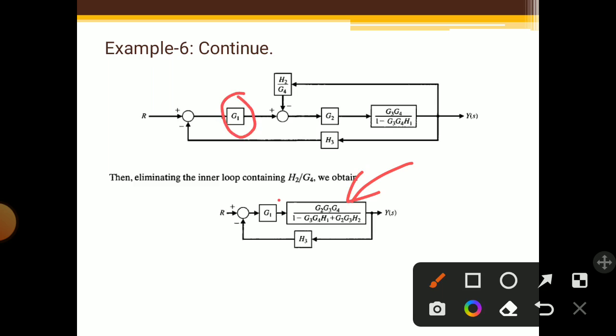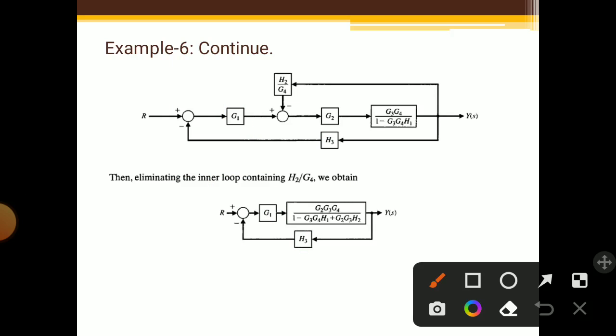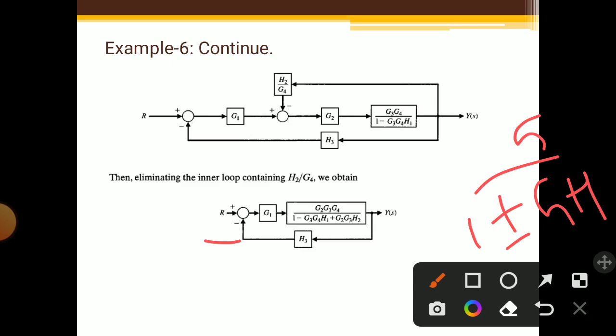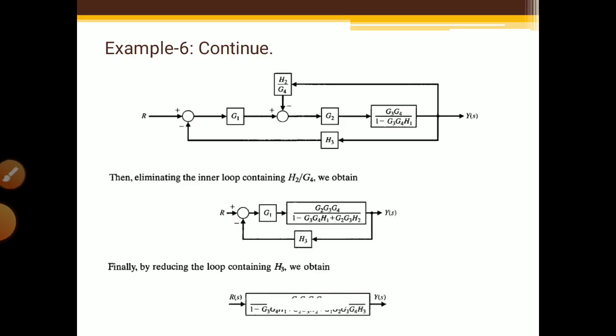Now the G1 part is as it is over here, G1, and the lower part S3 is as it is. Now this is one more feedback loop. Okay, so this feedback loop also can be solved with the help of the formula, that is G upon 1 plus or minus GH. Now here a negative sign is provided, that's why in this formula you should take the positive sign. So after eliminating all the blocks, you will get only one block, one input and one output. So one input is R of S, one output is Y of S, and in the block the values are written.